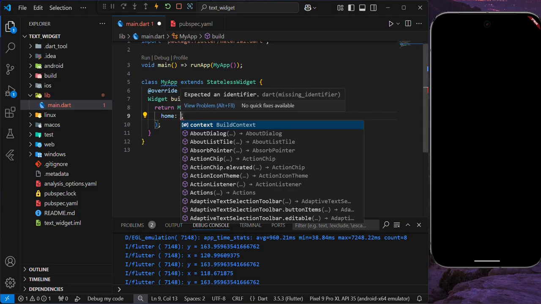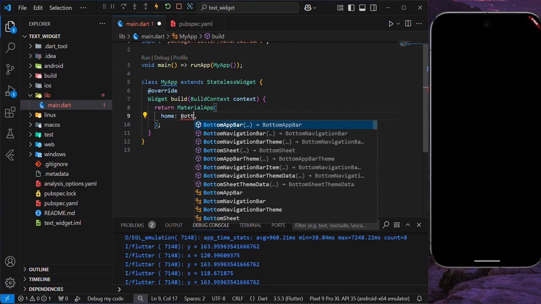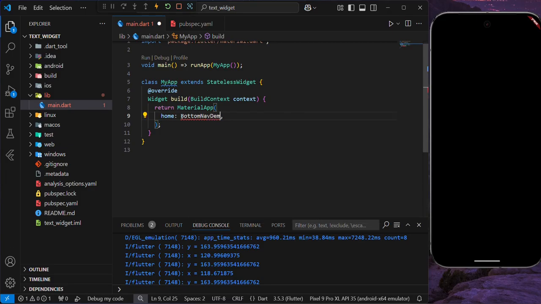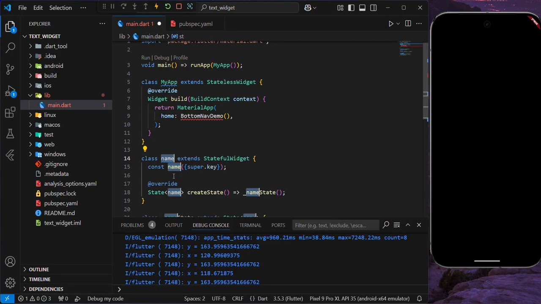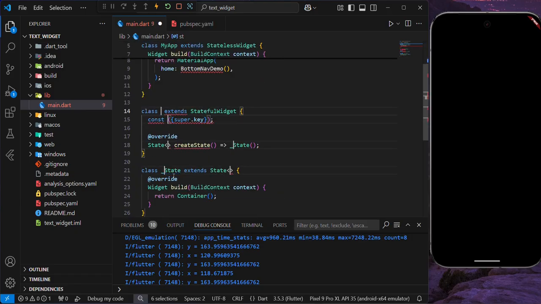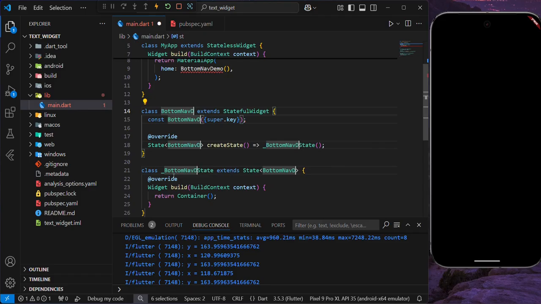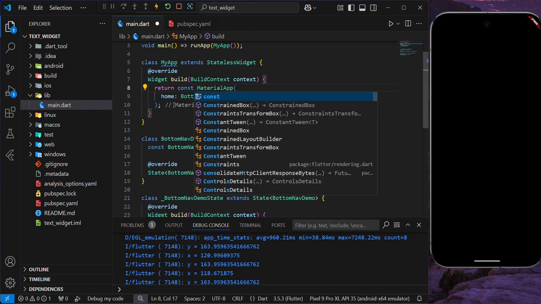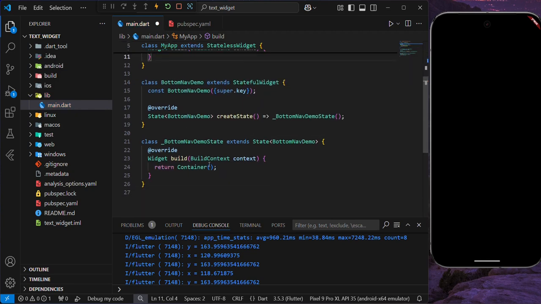So I'm going to be calling this bottom nav demo. And then I'm going to come out here, and then I'm going to create a stateful widget, which is going to be bottom nav demo. I'm going to add const here to remove the blue line, and then I'm going to return scaffold here